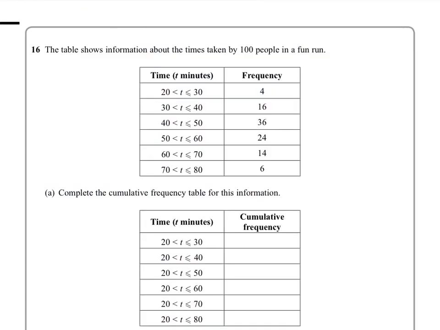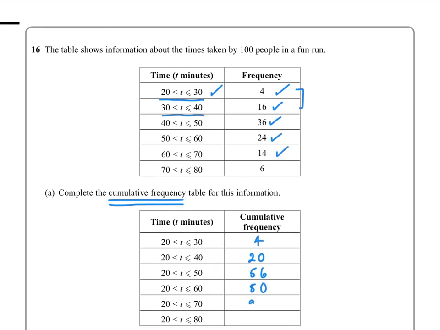So in this question, you've got to complete the cumulative frequency table. Now, cumulative frequency, if you accumulate something, you gather something over time. So if you think about gathering the frequencies up so far as you go through, so you're starting with 20 to 30 minutes, for example, and you're gathering 4 as a frequency, so that's how much you've got to start with. By the time you get to the next class interval, these being the class intervals, you've got how many frequencies so far? 16 more, so that's 20, and then 36 more, which makes 56, and then 24, that's 80,